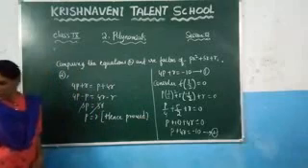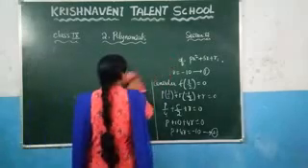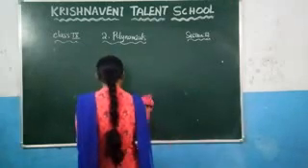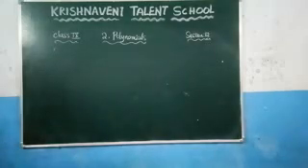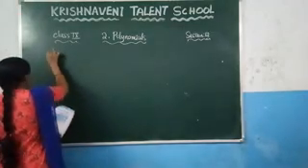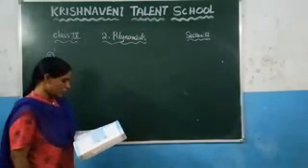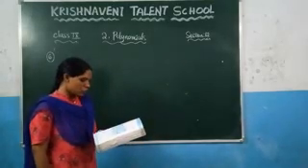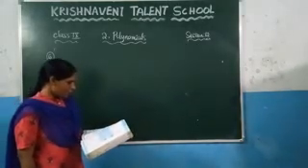Now see the next question here. Sixth question. What's the question given here? If x square minus 1 is a factor of the polynomial ax power 4 plus bx cube plus cx square plus dx plus e, we need to show that a plus c plus e is equal to b plus d is equal to 0. It is similar to the before problem.